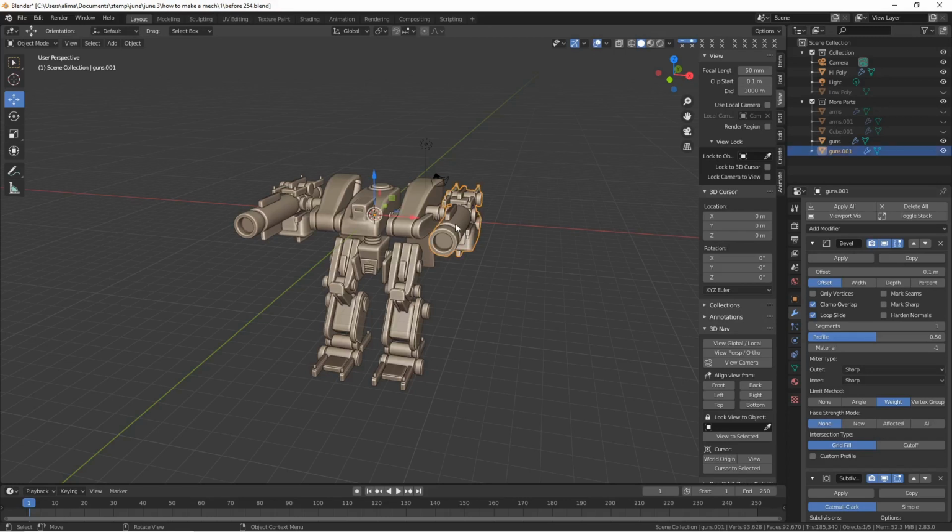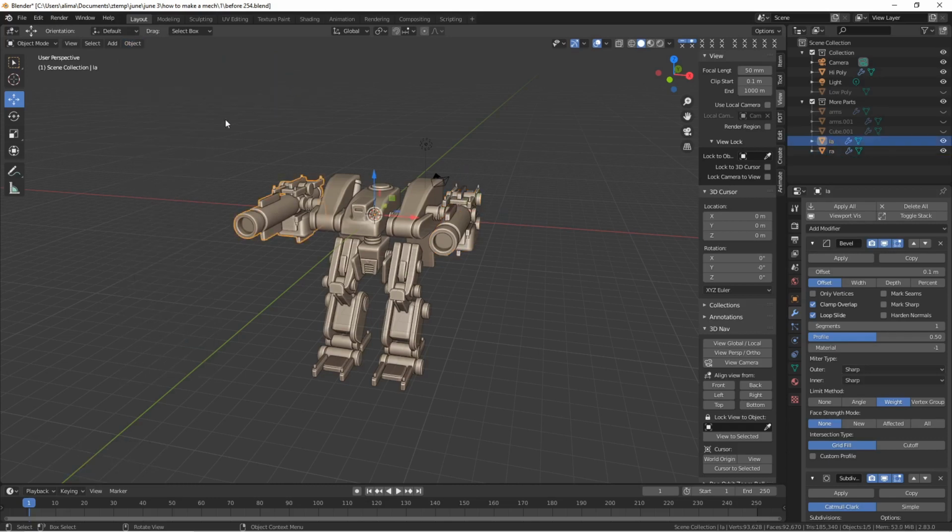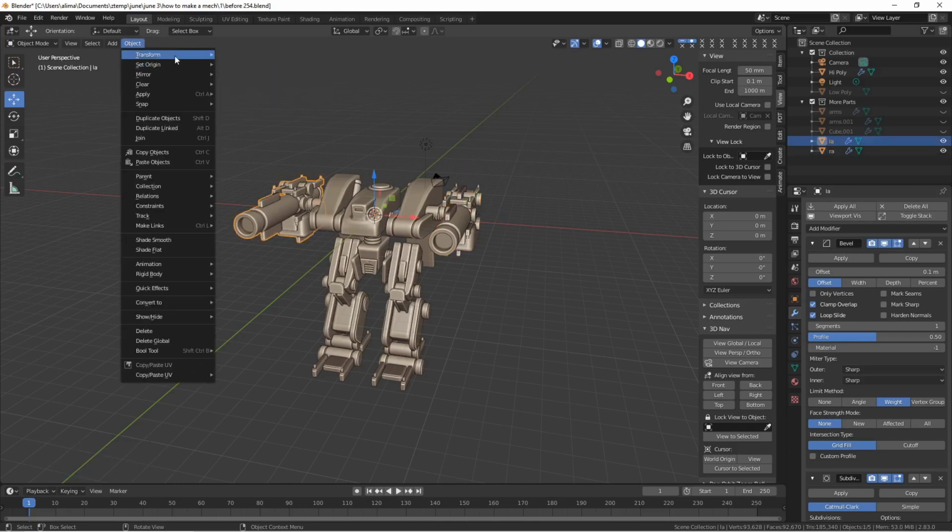Okay, I'm going to select this gun. I'm going to name this RA, then press enter. I'll select this gun, double click here, name this LA, then press enter. I'll select this gun, go to object, set origin to geometry. I'll select this gun, object, set origin